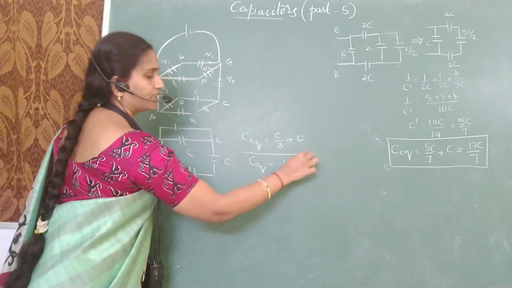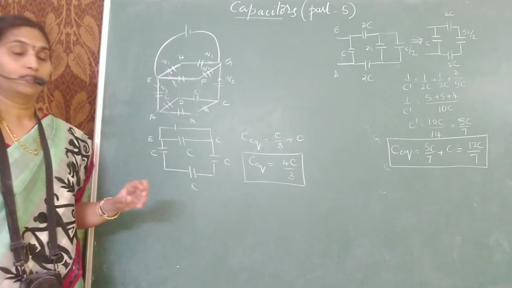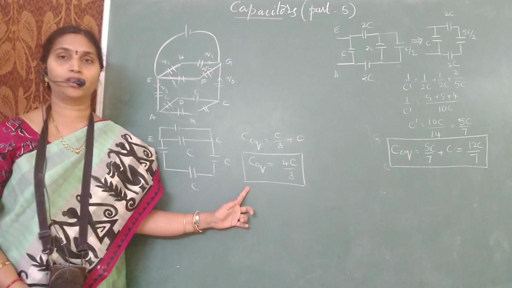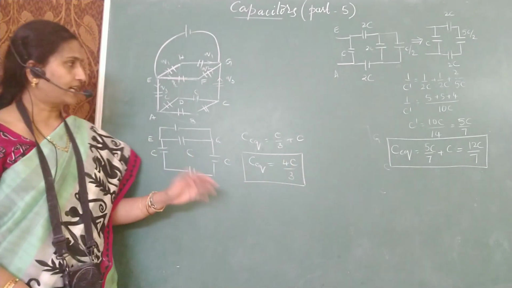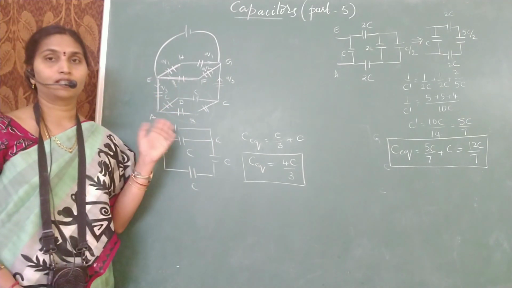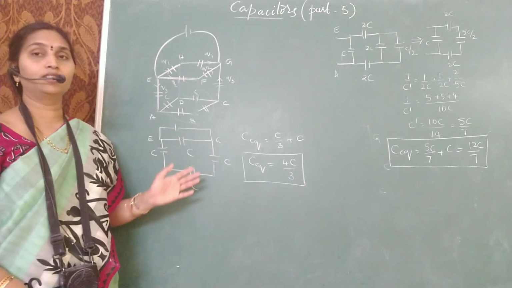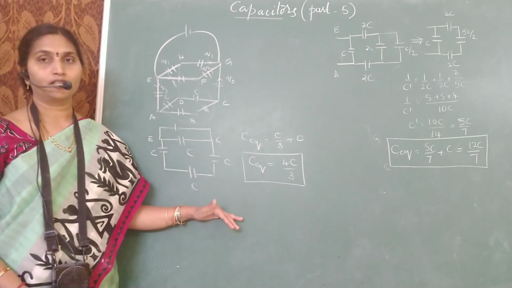So what should be your equivalent capacitance across one principal diagonal? Not principal diagonal, I'm sorry, phase diagonal. For all the phase diagonals, the answer will remain the same. And your answer is 4C by 3. So exactly similarly, you can do it even with resistors. Equivalent circuits you can make, but instead of capacitors, you will get resistors. So these are the 3 bits regarding cubical networks.